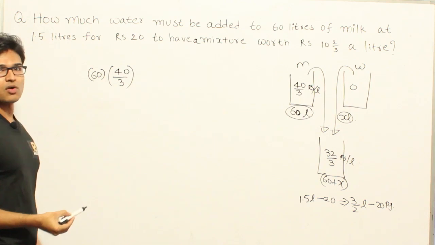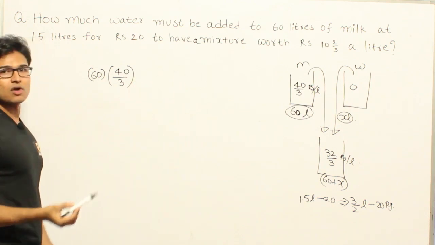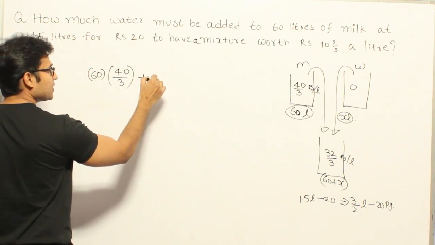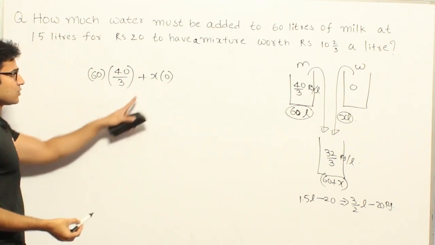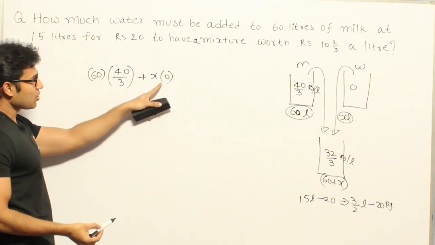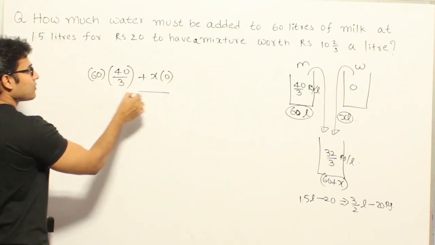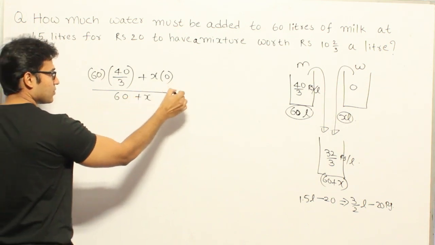Therefore this is the overall cost of milk, right? And what about water? Water is of no cost. Now you can assume that we are mixing x at 0. I'm just writing it, but it is not required. So x liters with this. So this is the overall cost that we are getting from both of them, right? Divided by 60 plus x should be equal to